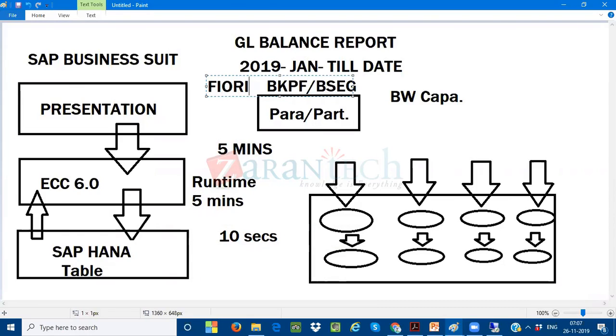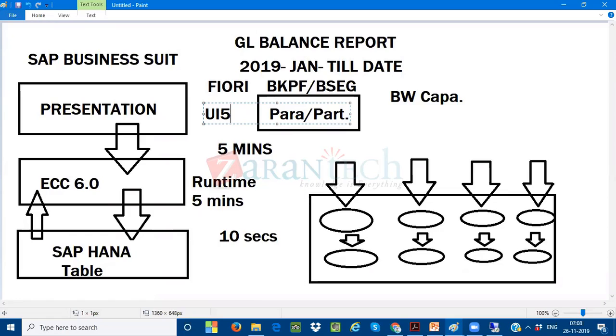Now the front end I'm going to use is my new application, called the UI5 application. Earlier I used the GUI application. From today onwards, I'm going to use the new front-end application called Fiori. We have classes on Fiori also. I'm going to take you through the technical aspects of Fiori. Very, very important. From the functional point of view, you should have knowledge of the technical side. What is OData connectivity? What is a UI5 application? How does Fiori work for the front-end reporting system?